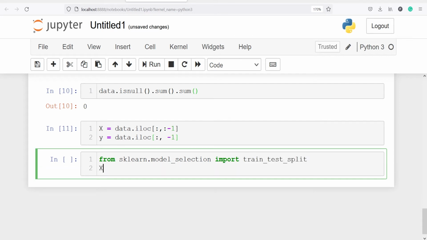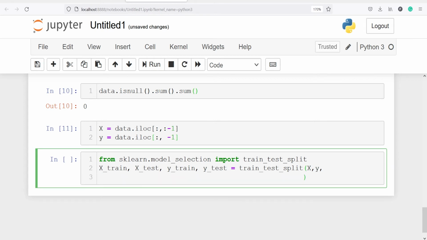Now I'm going to write X_train, X_test, y_train, y_test, and then I will call this function train_test_split. And inside this first I will pass our x, then y, then I will pass one parameter, test_size,